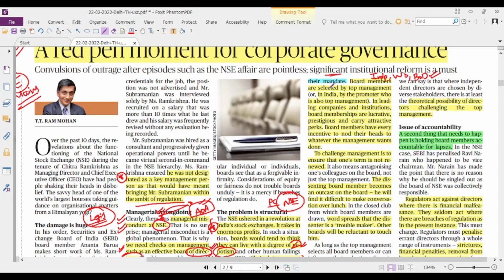But it generally happens that whoever the management prefers as the board of directors and whoever they nominate, the shareholders would elect those people, because the shareholders think that the management knows better as to who is good for the board, so they would support the management most of the times. And the promoters would have the most stake compared to the minority shareholders, and their vote will have more weightage. So whoever the promoters want and whoever has the majority stake in the company, the people selected by them would be the board of directors, because of which there is a conflict of interest.